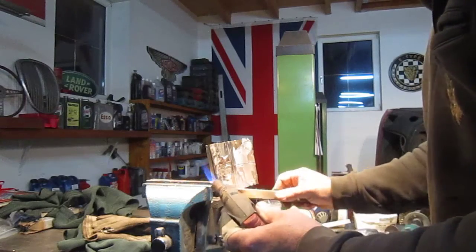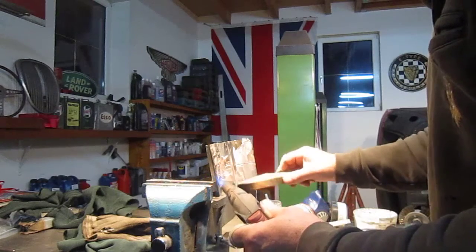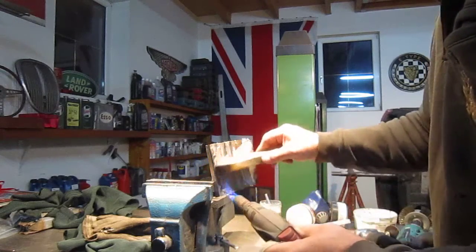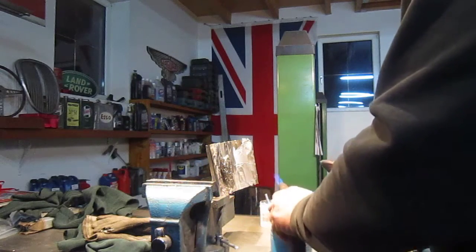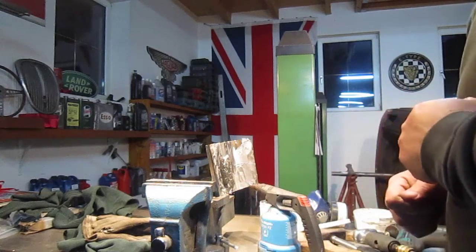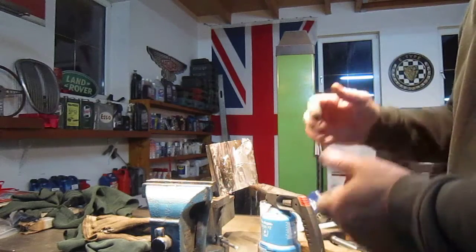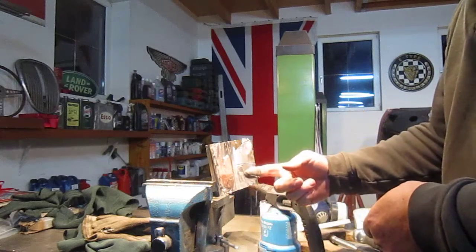And you can see it's just that little judgment call about where it should be. You will get some running, it's inevitable, but you can see there. This is just a little demonstration, but you can see there now that hole is filled. Okay, it's not great, but the problem is if you heat it too much, it will run too fast, so you've got to do it at a point where, but you also need to make sure that the lead is completely